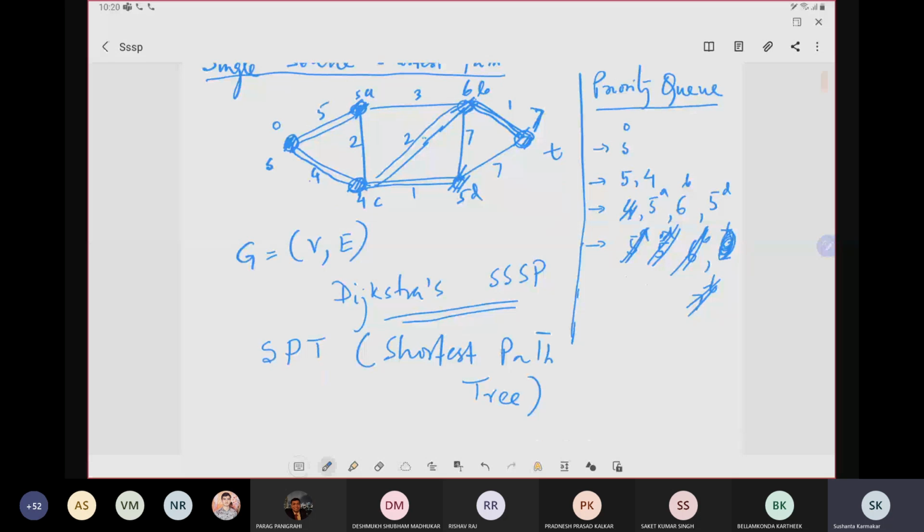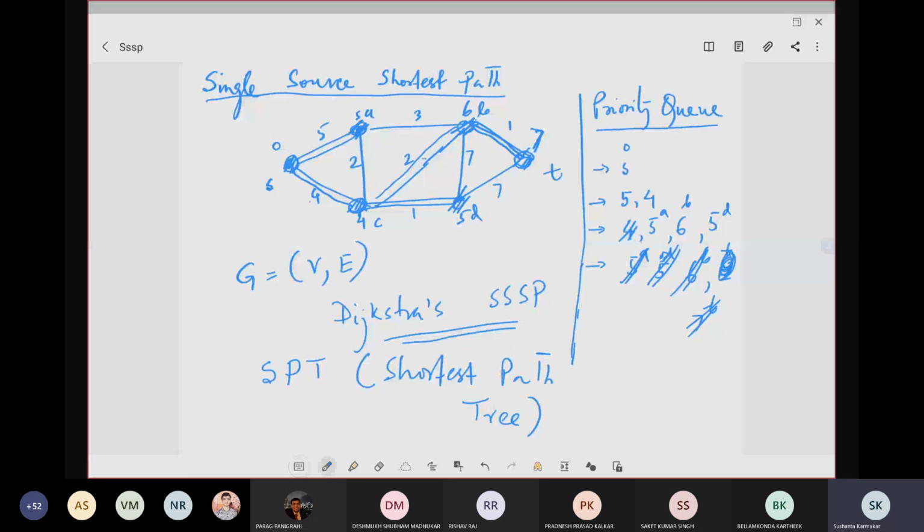So if you just want to know what the pseudocode will be, it will be like this. You first initialize all the nodes' distance to be infinity except the source vertex, and let S be the set of explored nodes. Okay, and initially S is actually the start vertex only. The rest are all unexplored. Okay, and while